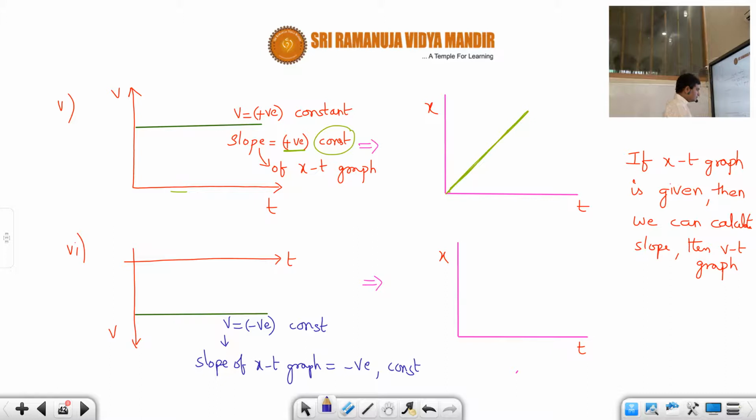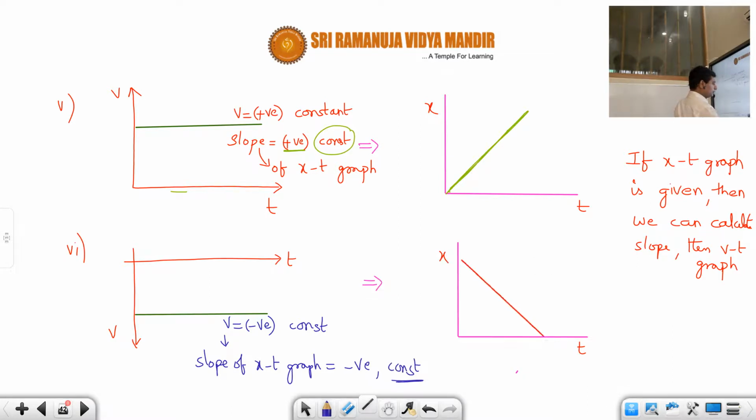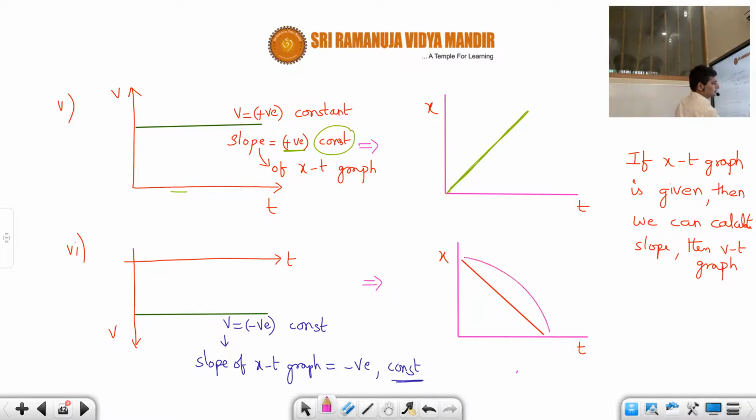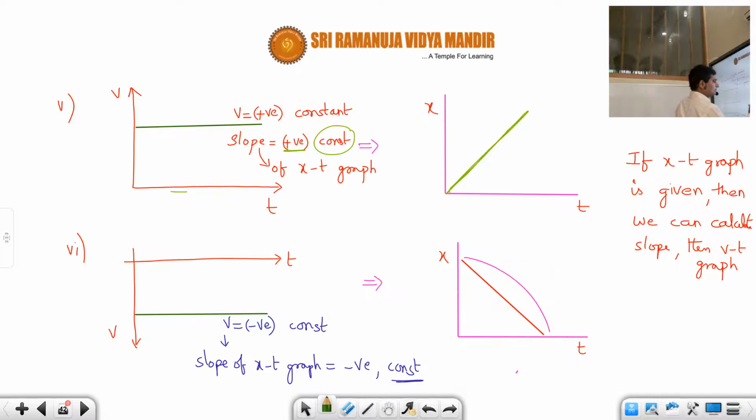So now how to draw, students? Negative means obtuse angle and also constant. So here also I can draw like this. Okay, students, one line I can draw like this. Another one I can also draw like this or like this. I'll draw one more color, green. Now for all these three graphs, the slope is negative only, students, correct or not?